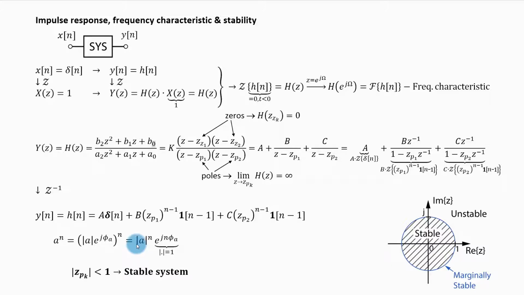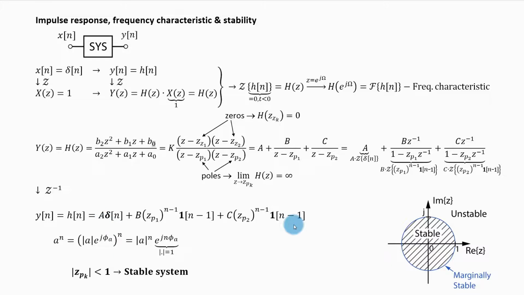So you need the absolute values of these poles z sub p1 and z sub p2 to be less than 1 for this impulse response to be stable. If both these poles z sub p1 and z sub p2 have their magnitude less than 1, this geometric series and this geometric series will asymptotically approach 0 as the time goes to infinity, and the impulse response of this